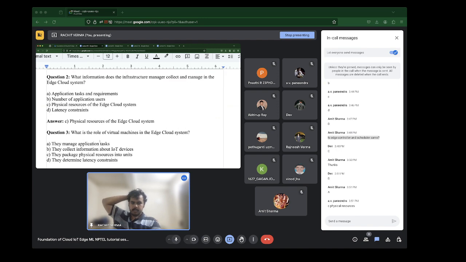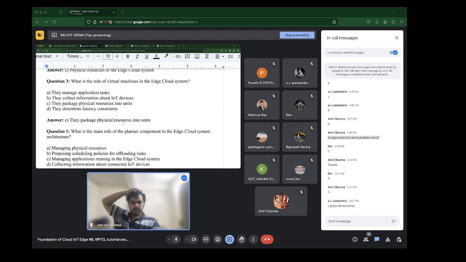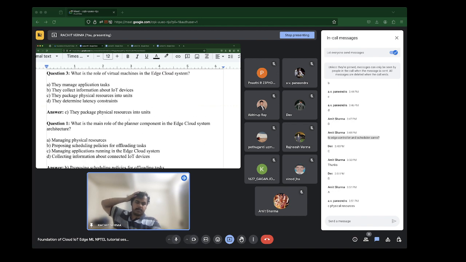So what is the main role of the planner component in the edge cloud system architecture?